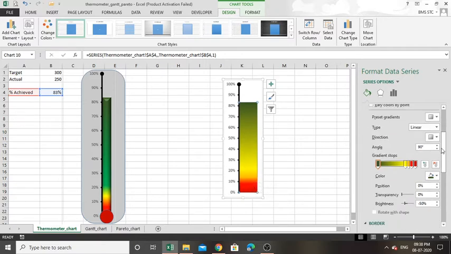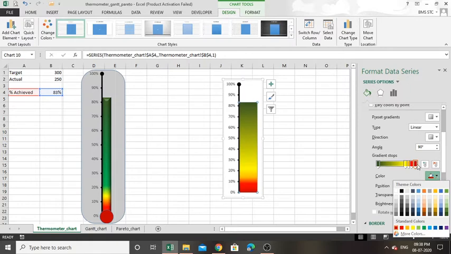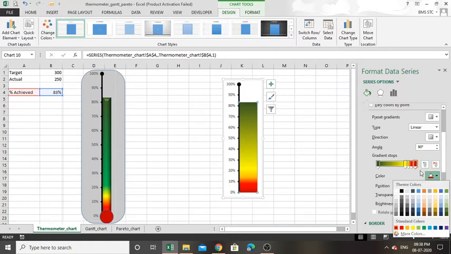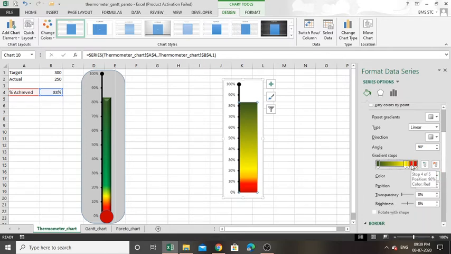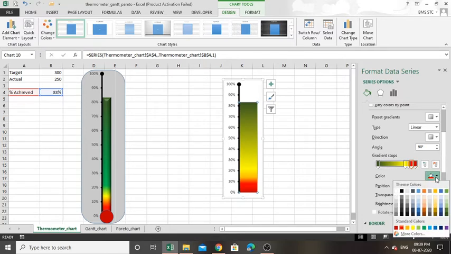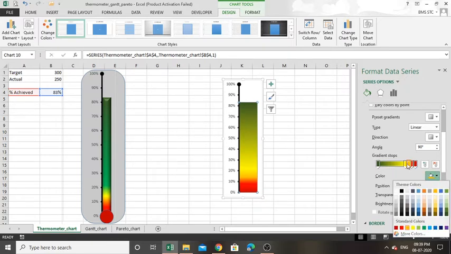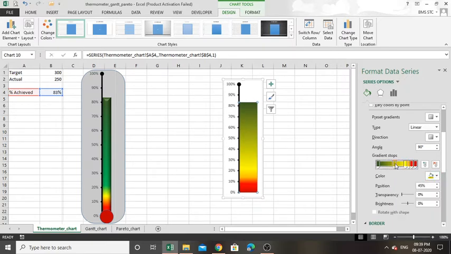So here you will have a gradient stops as blue in color. You have to select each stop from the gradient stops and change the color from here. Select a gradient stop and change the color to whatever you want. Select the next gradient stop and change the color from here. Select the next one and change the color from here. Like this I have changed the colors